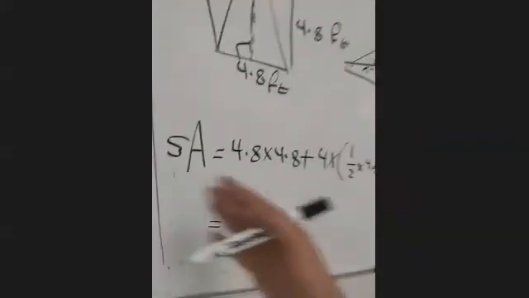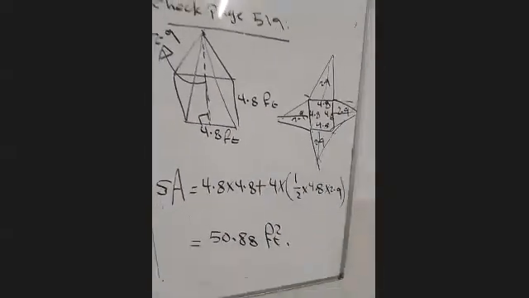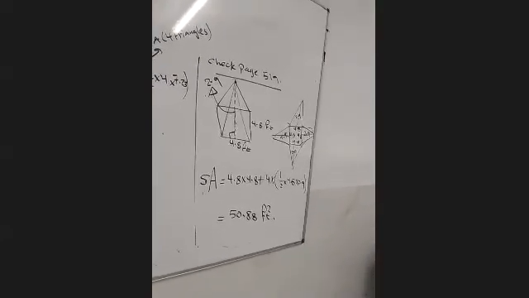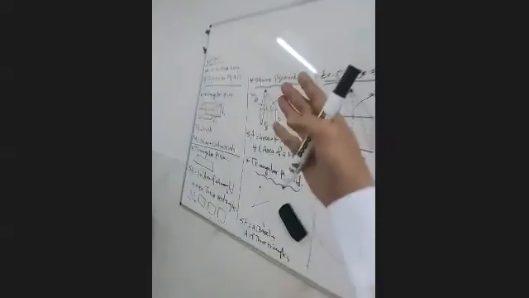Calculate. All of these numbers, calculate them using your calculator. It will be 4.8 multiply 4.8 plus 4 multiply 0.5 multiply 4.8 multiply 2.9 is 50.88. 50.88 feet power 2. I found the net, I found the surface area of it. I need to finish this period now. Hope you understand it, guys. And please watch the video again, because these exercises and these ideas here